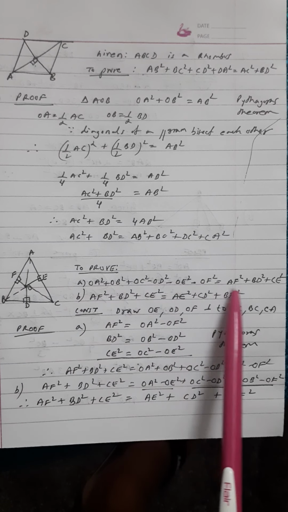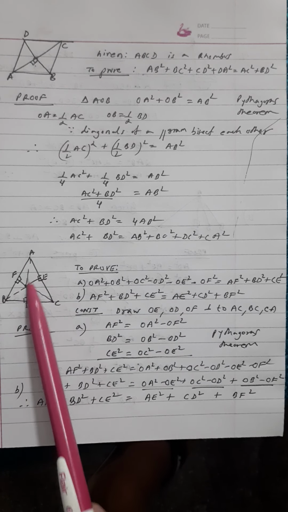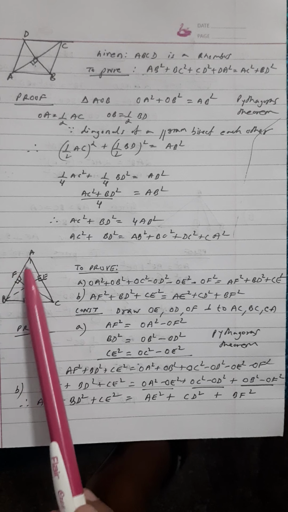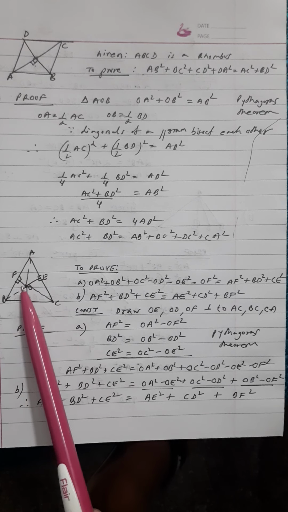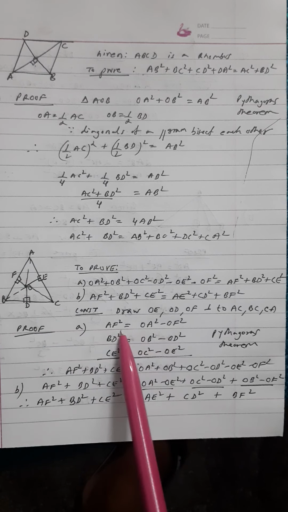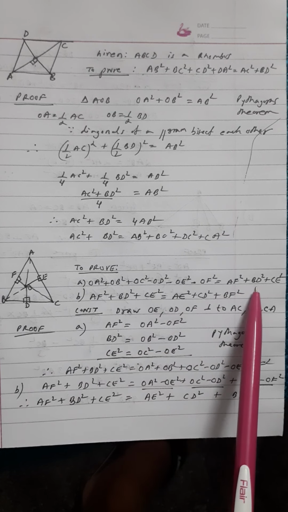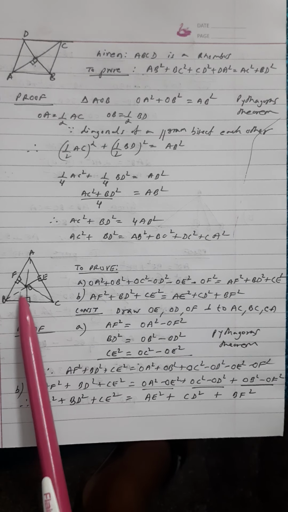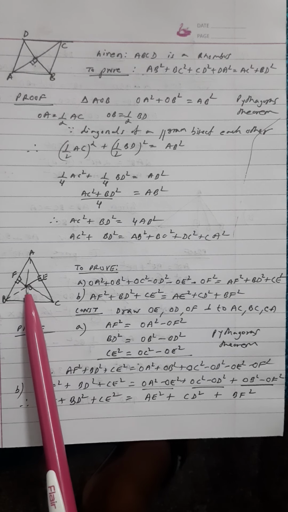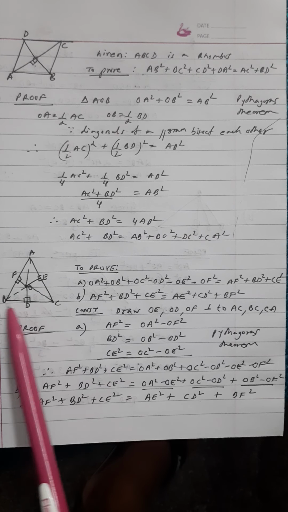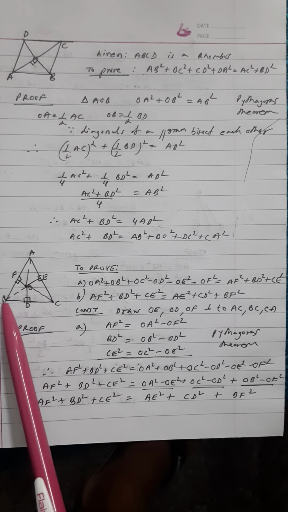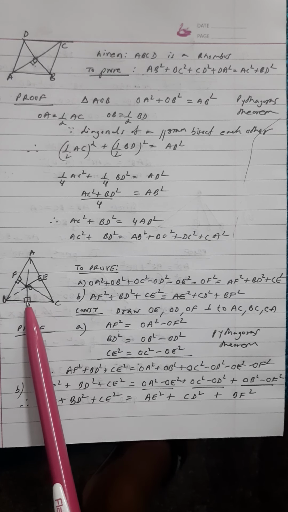Now first we are going to find out the value of AF square. Now look at this triangle AOF. This is 90 degrees by construction. So what is AF square? AF square will be OA square minus OF square, right? Then we need to find out what is BD square. If I take this triangle, BD square will be OB square minus OD square, right? Because this is not the hypotenuse, this is the side. So BD square will be OB square, the hypotenuse square, minus the other side square.